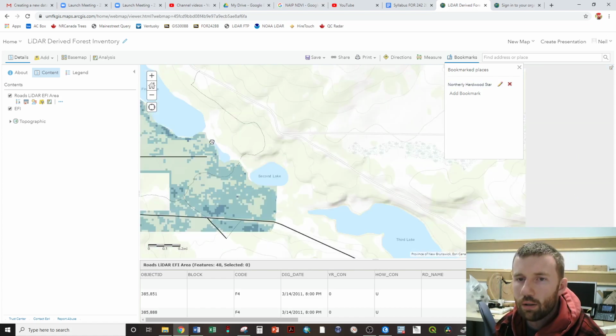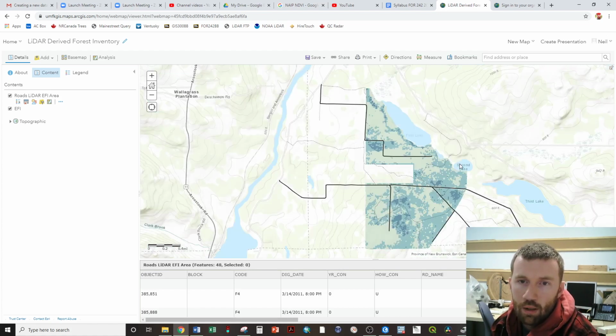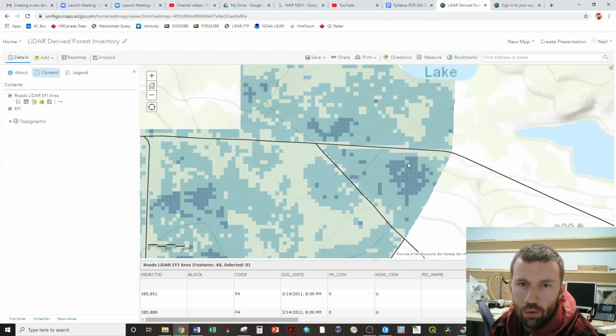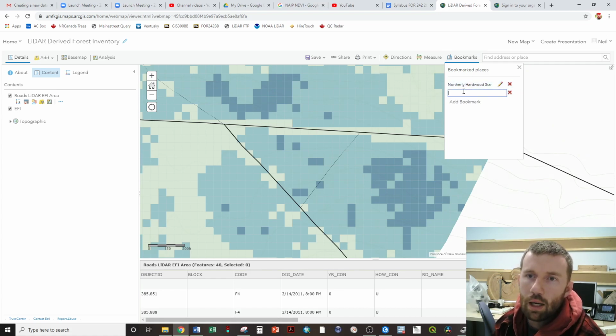And now you remember if I go somewhere else and click on that, it takes me right back to there. So that's like sort of having a printed map that shows an audience exactly where you want them to look. Now we can go to here and bookmark number 2, add a bookmark,